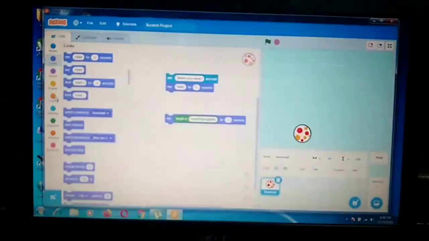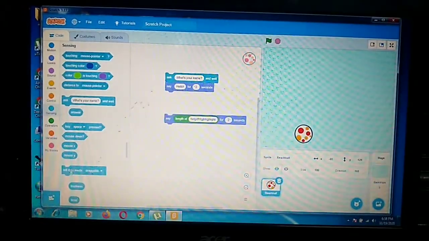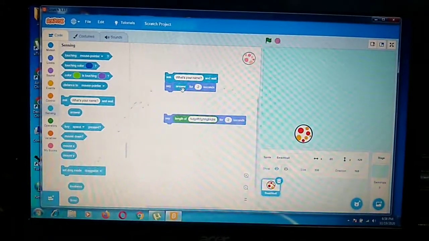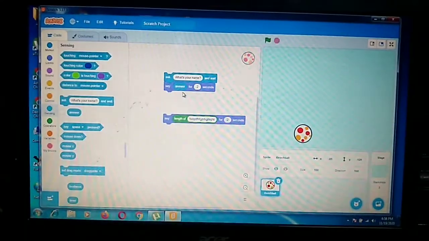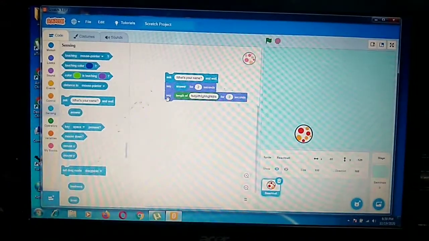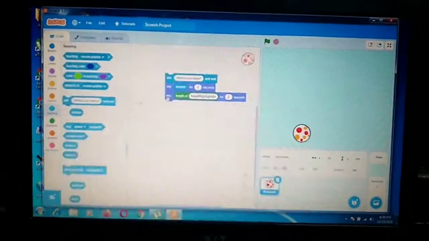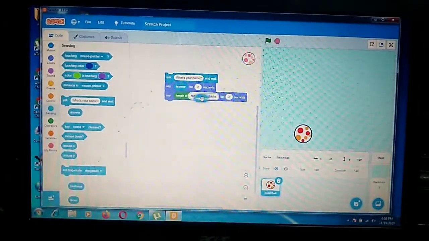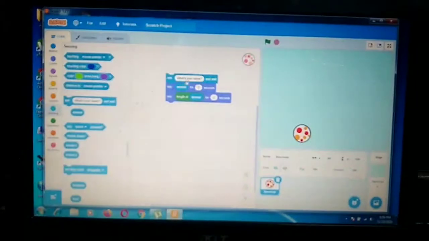In the say block you can choose the answer block. So whatever answer you give, it will take in the answer block. And here also, in place of this, you can choose the answer block.